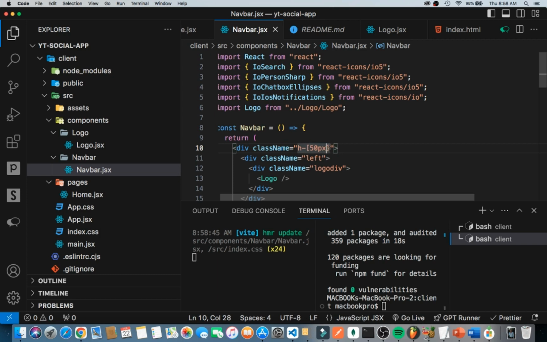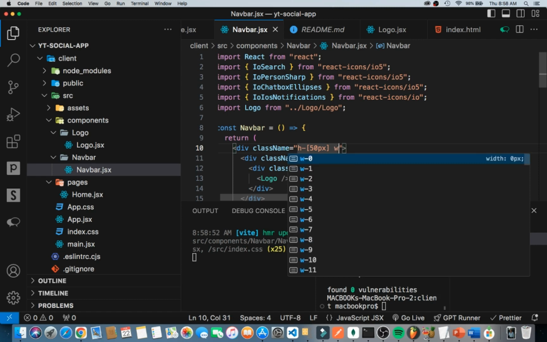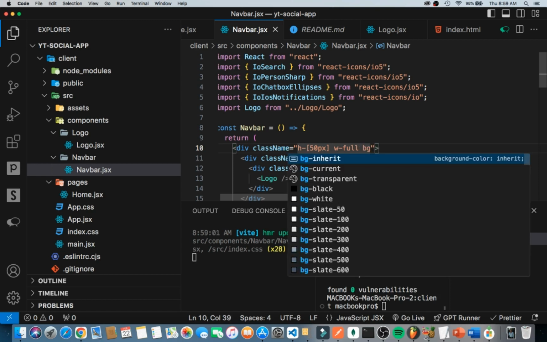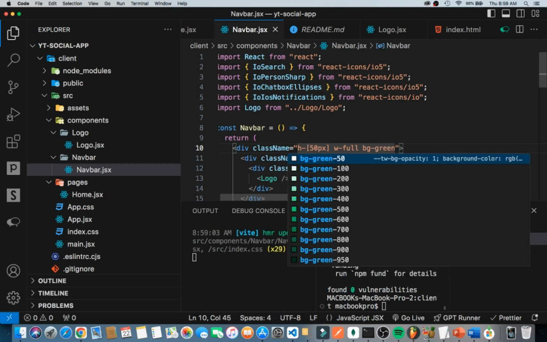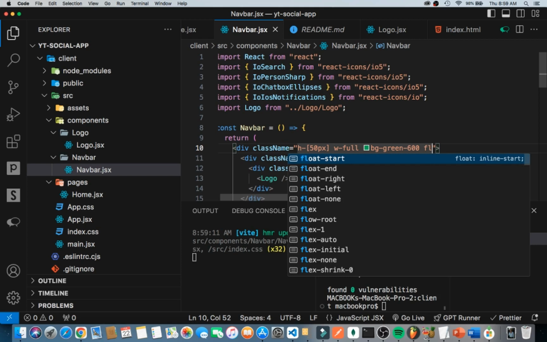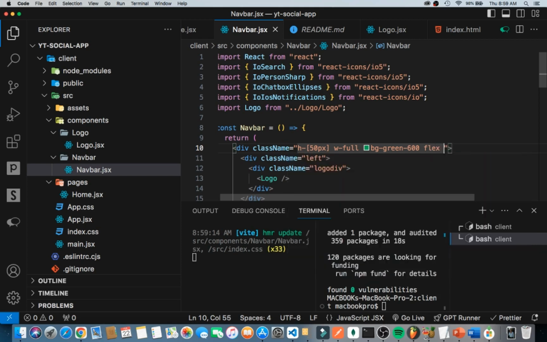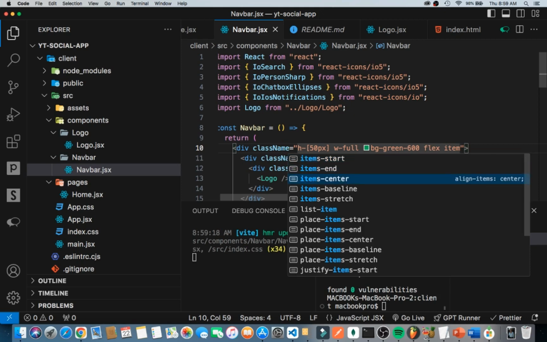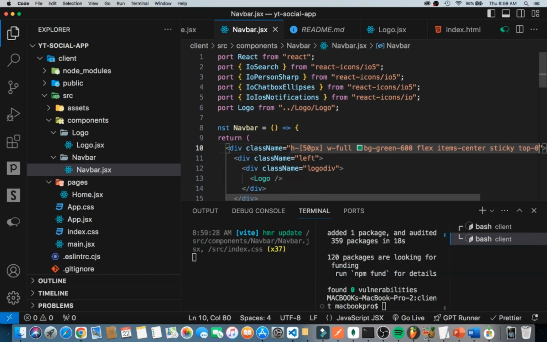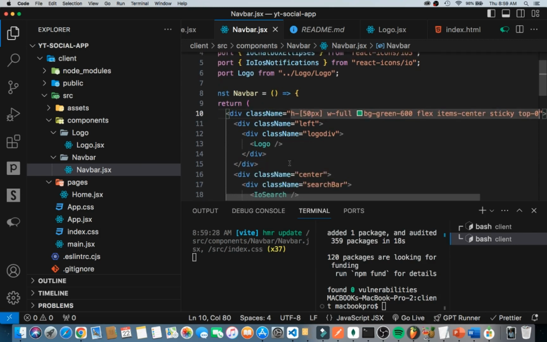Oh my cursor key is not working. What do? We have our width being full. Okay, we have a full width, and then here we are going to set that BG to green 600. Okay, we have the BG green 600. Now that we have that, what do we do next? Now we have our display flex. Okay, we have our display flex, and then we have our items center, right? And then we want to set a position sticky. Okay, and then we want to make sure that the top of that position is 0. All right, now that we've been able to work on that,